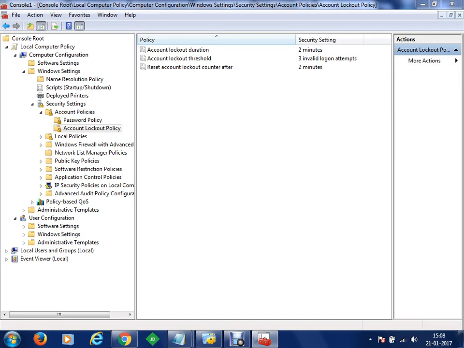Okay, so now even if you try the correct password ABCDE, it won't allow you into the account. So you have set a lockout policy for your account.